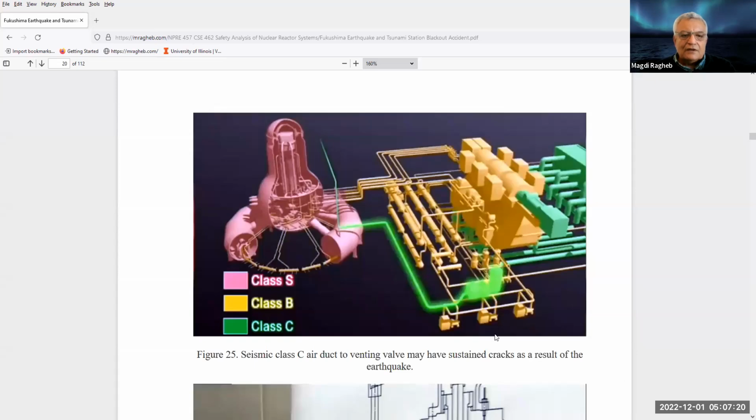In the design of what's called the light bulb design of the BWR, of the units built by Toshiba and General Electric, there were 3 levels of containment relief valves, containment pressures. Class S would be in the containment structure itself around the pressure vessel, as well as in the pressure suppression pool. This would be a region of pressure to be relieved. Class B is another region in the plant itself, and Class C would be on the side of the turbine